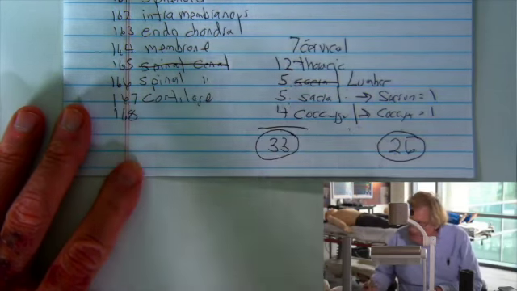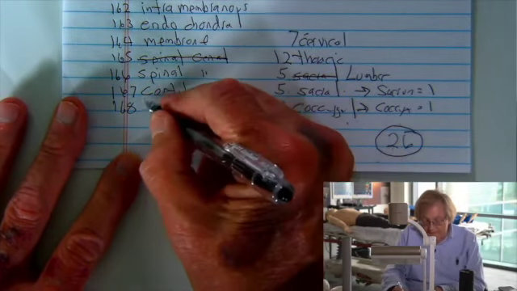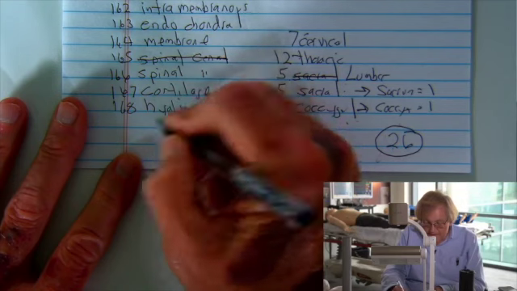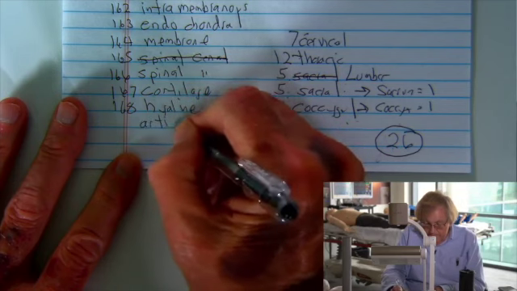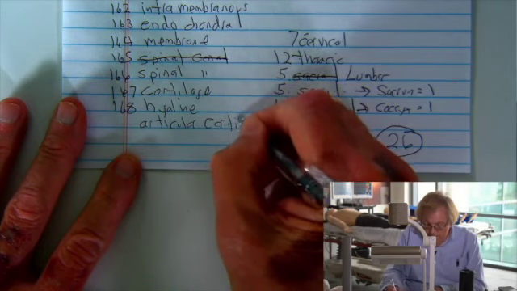168. 168 says covers the epiphysis. Remember that's going to be where I'm going to have a joint, so that's going to be hyaline, articular, cartilage. 169